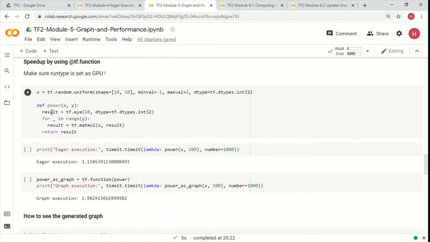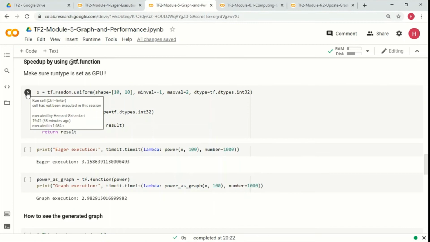Then we call this function with x and y. This result is basically an identity matrix, so even if we multiply anything with this result, nothing is going to change. It's the matrix multiplication of x with the result, and we return the result here.